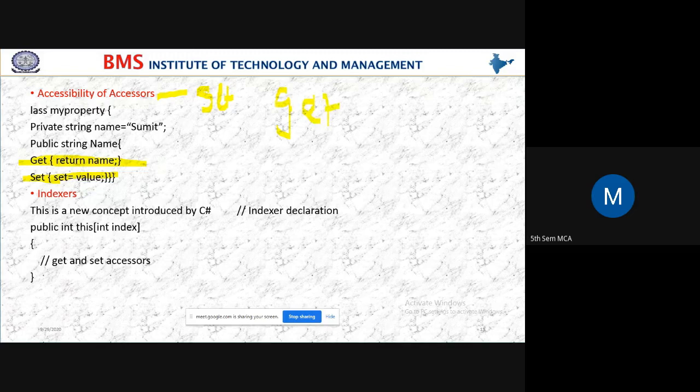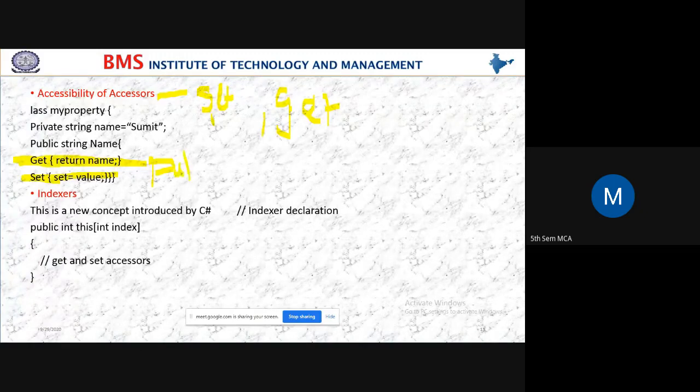Now here we are going to see the accessibility of this get and set method. See students, if you don't specify anything for this get and set method, by default it will be public.